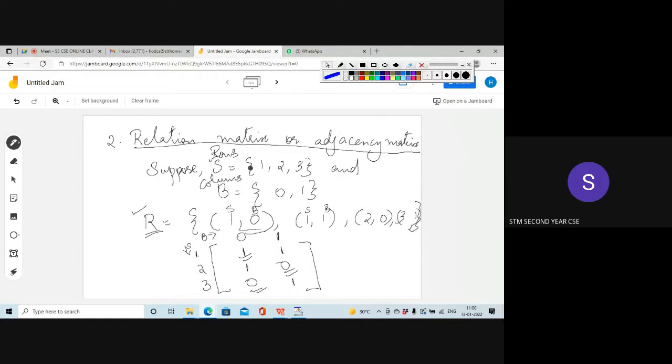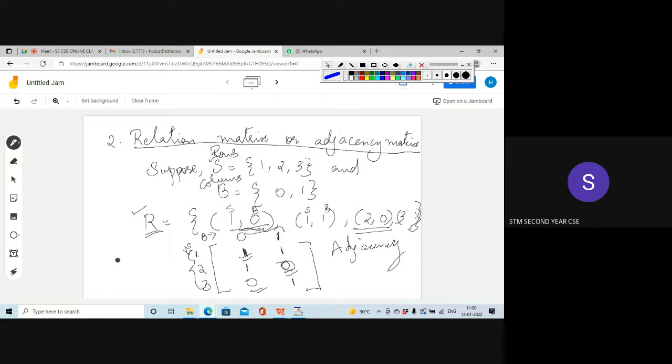So this is our first set S = {1, 2, 3}, B is {0, 1}. The set S will be taken as rows, elements of S will form the rows, elements of B will form the columns, and looking at the ordered pairs, if the ordered pair is present from 1 to 0, you put a 1. If it is not present, so that is 2, 1 is not there in this relation R, you put a 0 there. If the elements are not related, then you put a 0. If the element is in the relation, that means they are related to each other, so for that you put a 1. So you get a matrix of zeros and ones, and this is also called adjacency matrix.